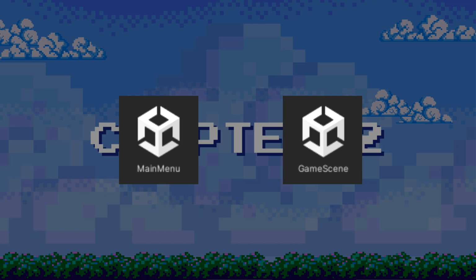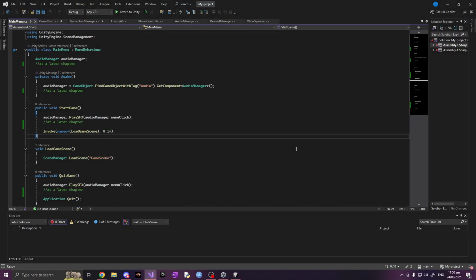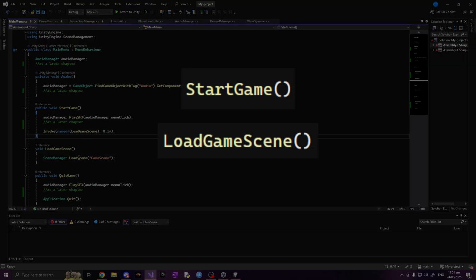So how do we change the scene to play the game? We need to create a script for the main menu scene to call the game scene to start the game and vice versa when the player wants to go back to the main menu during the game. This script contains few methods, but we will focus on three key ones: the start game, load game, and quit